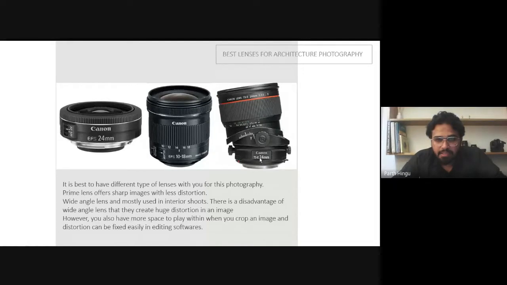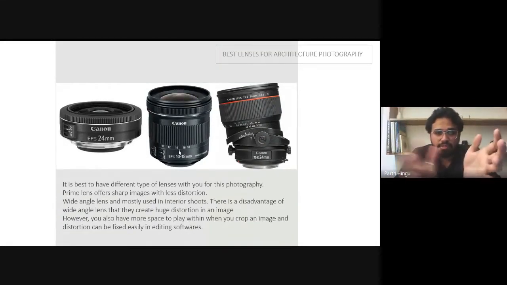This is a tilt-shift lens, which is expensive. Basically this lens is used to control the perspective. If you are shooting with a wide angle lens, half of your image will distort, like I will show in the next few slides.